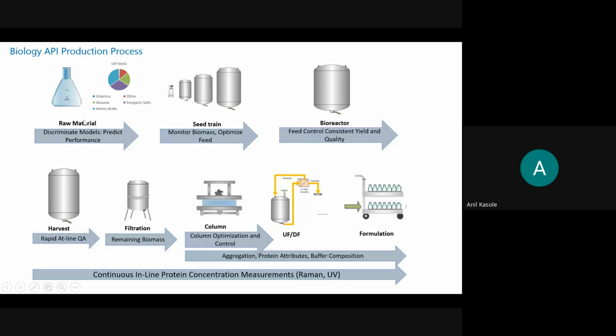So what is biology here? Let's say, for example, we know the wheat flour, right? So we know, for example, raw wheat. It is dried. It will feed into this small vessel, and you can add some food, for example glucose. If you keep it here for, let's say, 72 hours, that will form bacteria. So over a certain duration the bacteria will be grown, that is in the seed train, and then again it will go into the bioreactor.